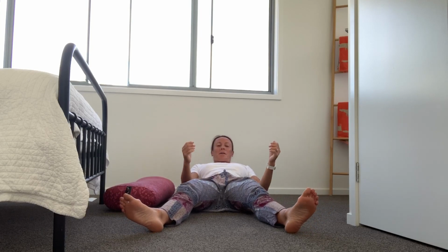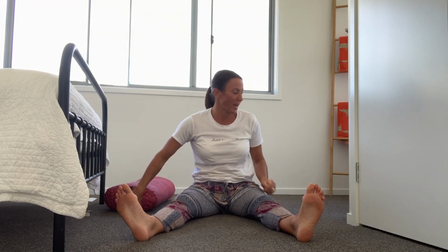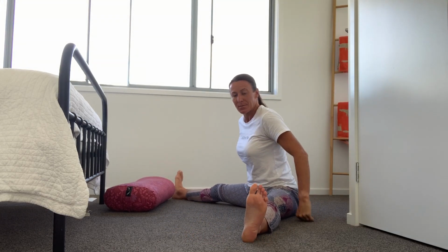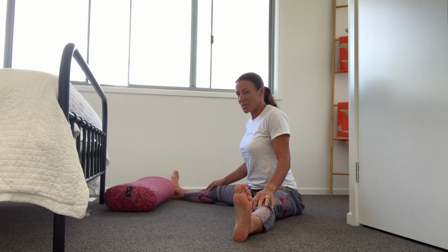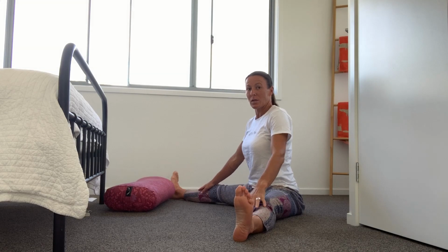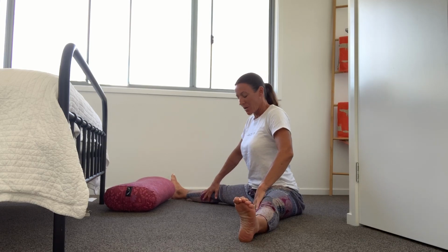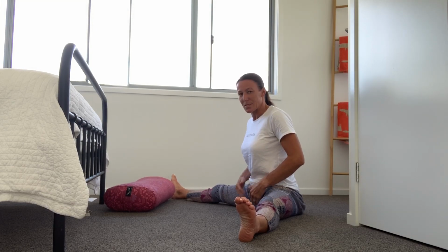Slowly make your way back to a seated position to prepare for our next pose. We're coming into Dragonfly, which is a wide V sit. Now, if you have very tight hamstrings, you might want to move against a wall and just sit in as much comfortable discomfort as you can, focusing on really the inner thighs and the lower groin, lower stomach in this